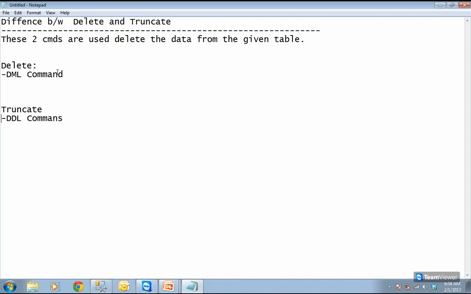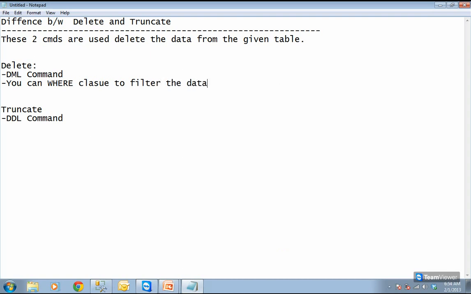Now in a DML command, or delete command, you can use a where clause to filter the data. For example, if you want to filter something during deletion, you can do this.